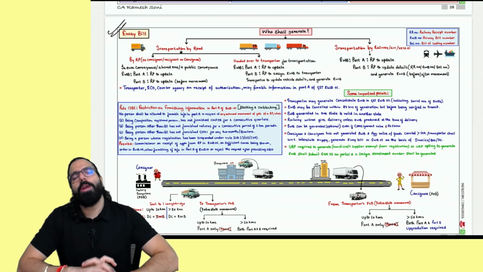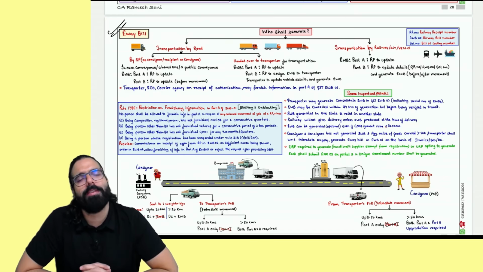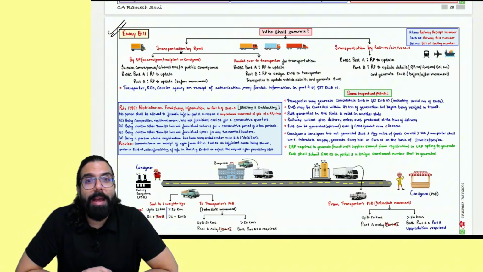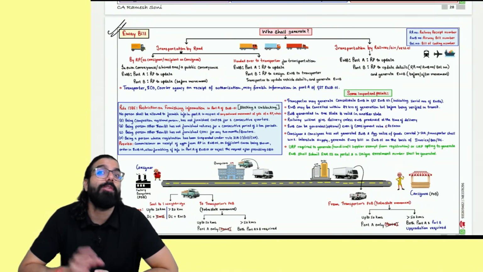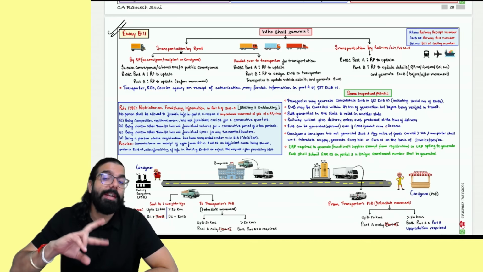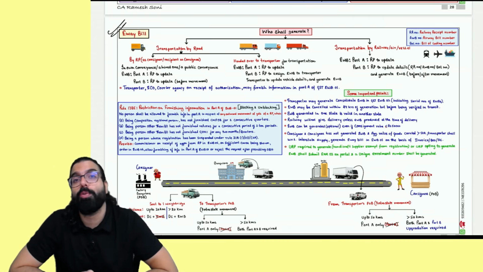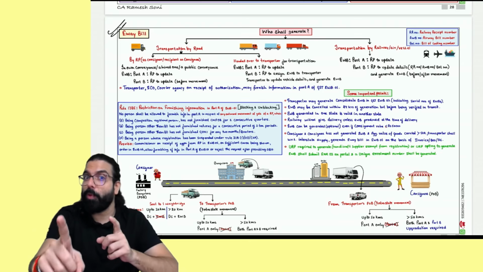Handicraft suppliers who are taking goods from one state. People, tell me one thing. Who are the people required to raise an e-way bill? Number one, if your consignment value is more than 50,000, you are required. Intra or inter doesn't matter. Sending goods from one state to another state for job work, mandatorily required. If you are a handicraft supplier who is exempted from registration under section 24(1) and (2), casual taxable person, or interstate supplier of handicraft goods or craftsman goods which are majorly made by hand, exempted from registration but not from e-way bill.